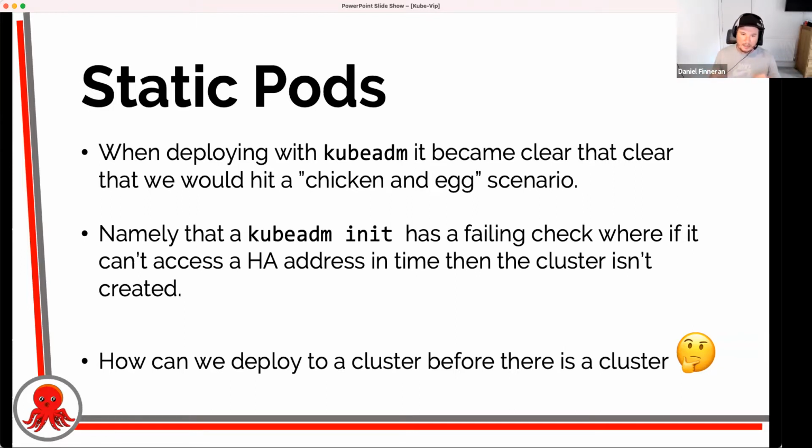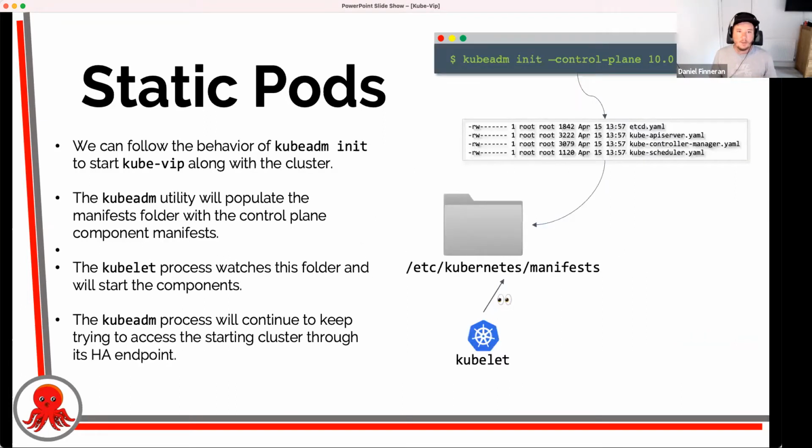So we need to be able to deploy into a cluster before there is actually a fully formed cluster. And we do this with static pods. So the way that we do that is we put in the manifests folder our manifest for Kube-Vip.